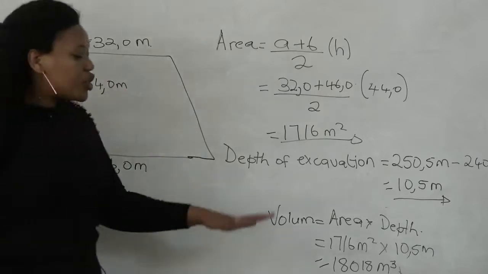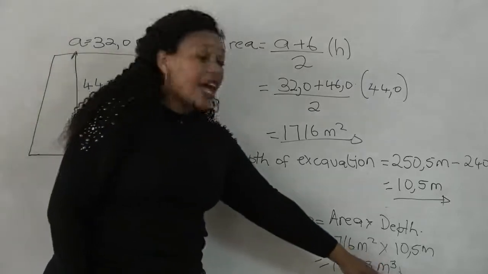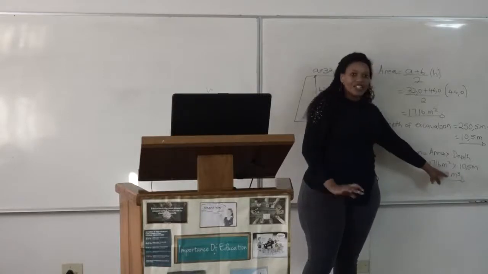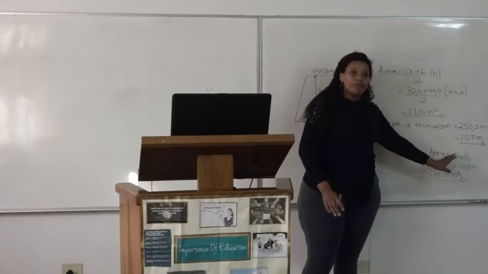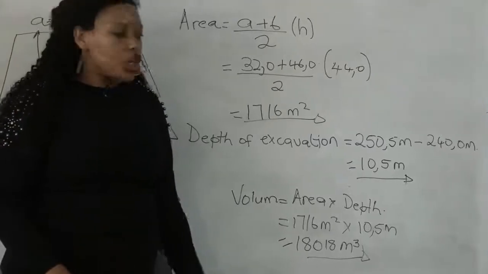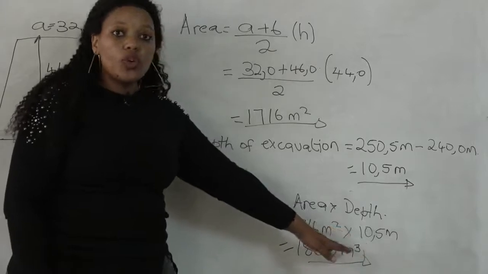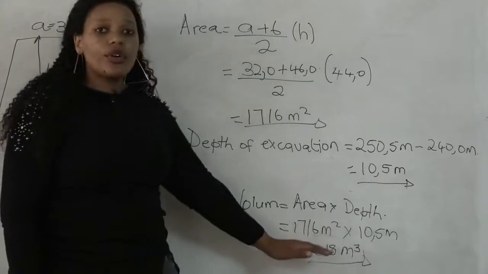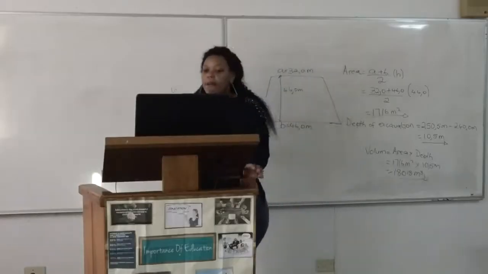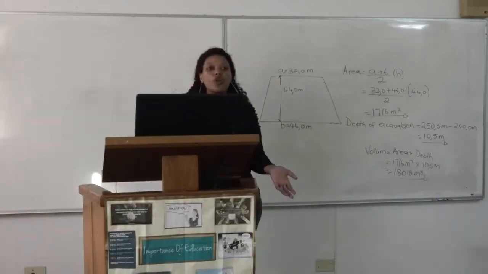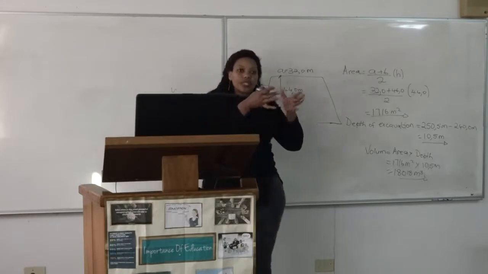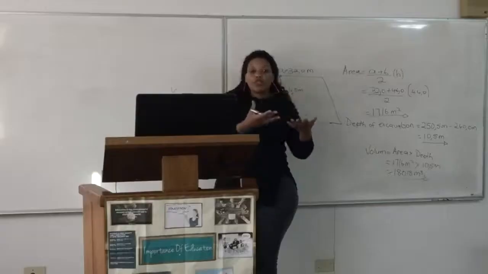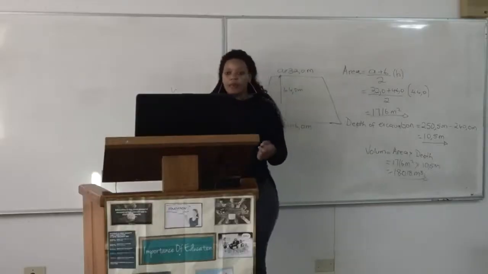Okay, and don't forget to include the unit measurement, because here, if it was just 18,018 and you didn't put cubic meters, then your answer will be wrong. You should always put your unit measurement. When you are calculating for volume, the unit measurement for the volume is cubic meters. And also for triangles, you should see what you are given so that you'll be able to know which formula you should use. Okay,